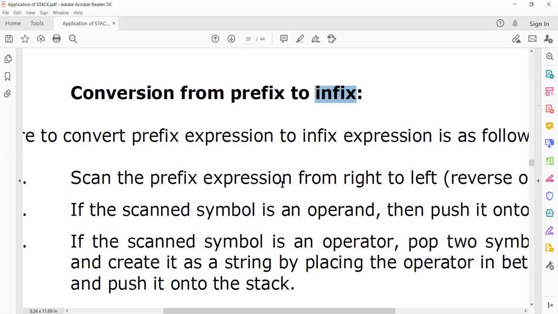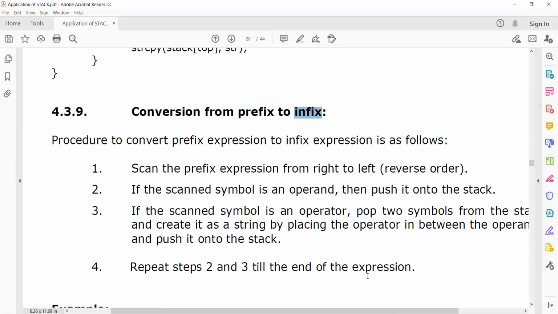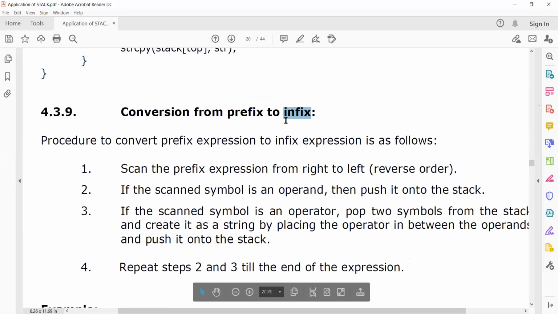Since it is converting prefix to postfix, it will not have left parenthesis and right parenthesis. Only where infix is the destination will you find the left and right parenthesis. That you have to keep in mind. To where you are going to convert, that is what is important. Is this understood? I'll show an example also, just one small example. I don't want to take another example. Is it clear, whatever was told now?